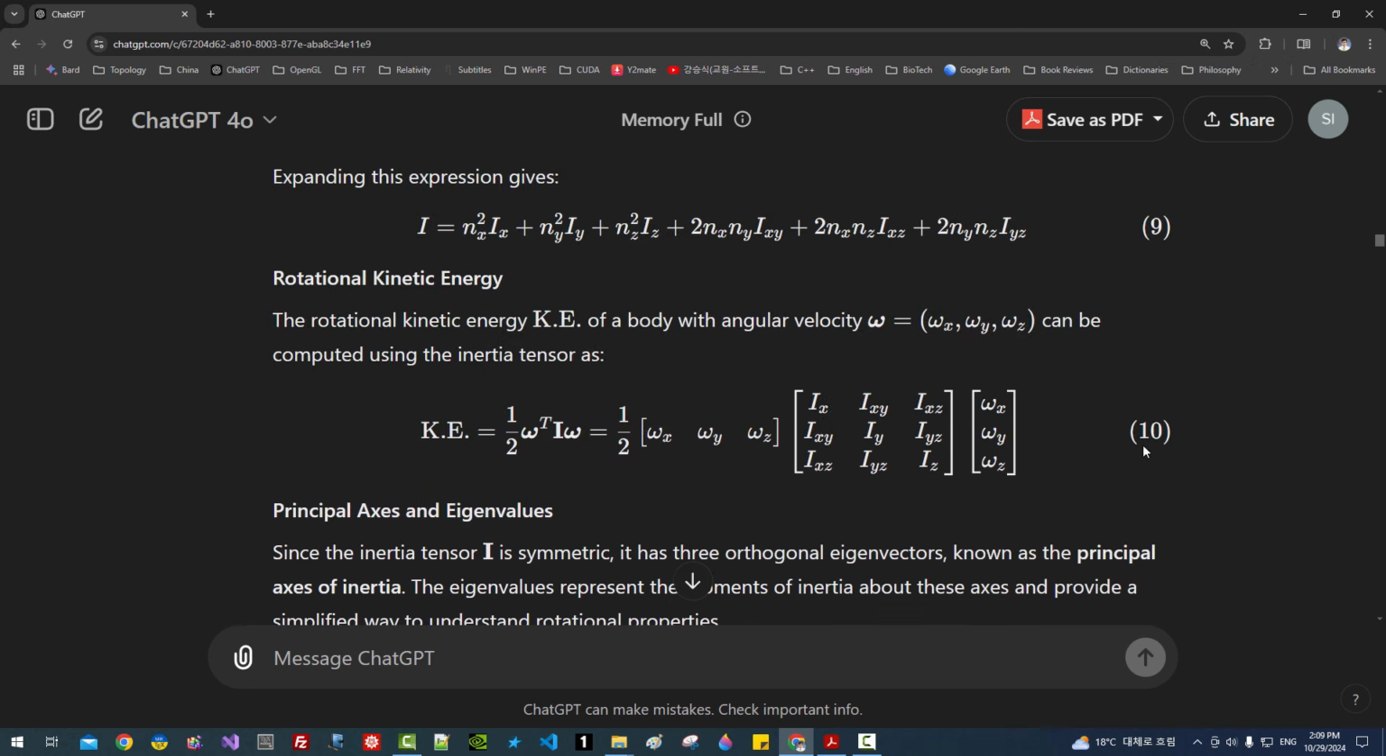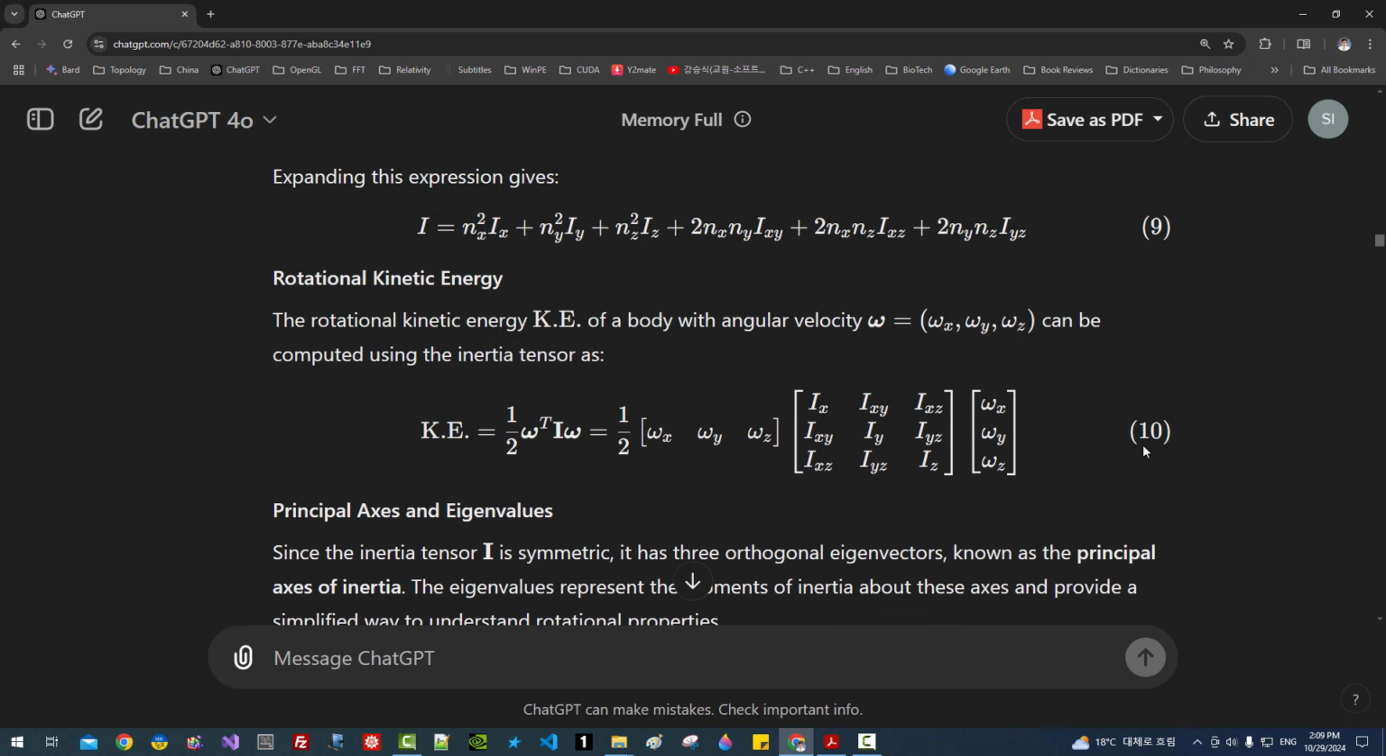The products of inertia capture the coupling effects between rotations about different axes. These off-diagonal terms arise from mass elements that are not aligned with the principal axes, contributing to rotational effects between two different axes. The products of inertia are defined as: